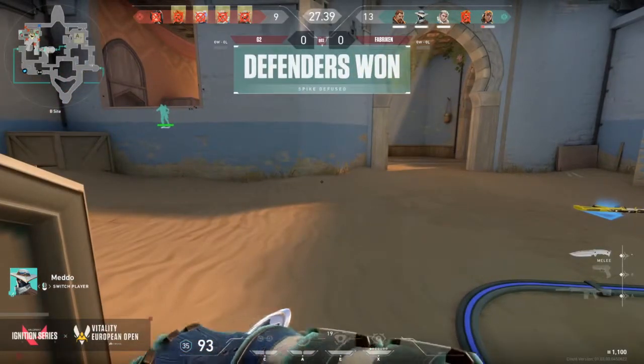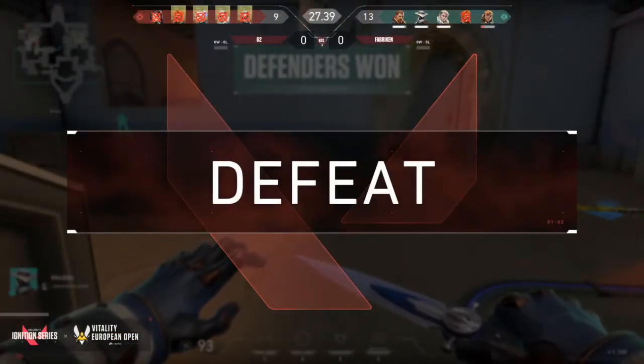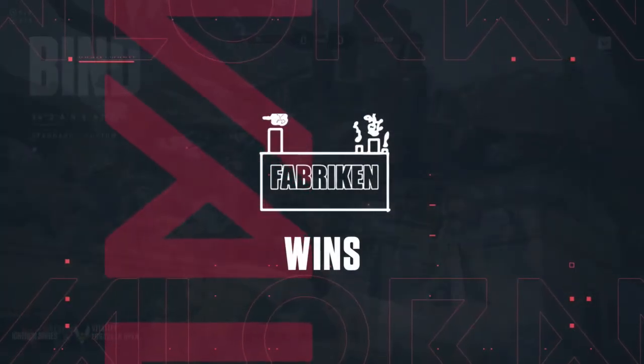Now, we knew Bind was one of their better maps, and they were capable of doing so, but G2 certainly made a match of it in the first half. But the second half, defensively, I mean, Fabriken just looked